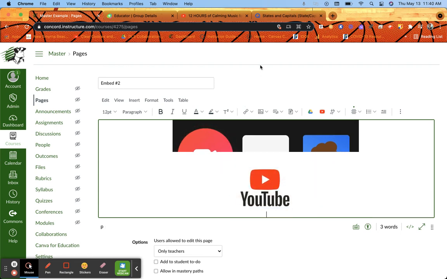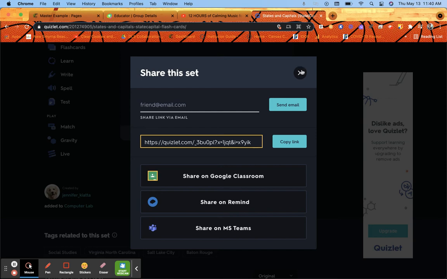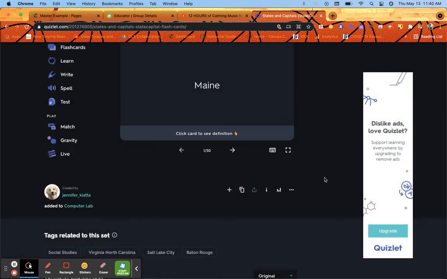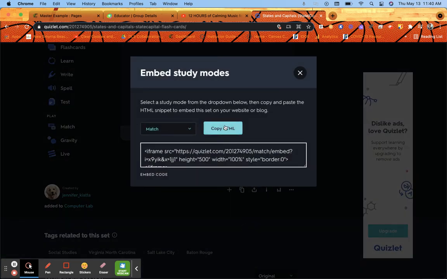If I want to embed the Quizlet, again, I'm going to go to Quizlet. I'm going to look around for something that says embed. It's not obvious it's here. Three little dots are always a good place to start. So when I find that, there's my little caret symbols again with the word embed. Click on that, copy,